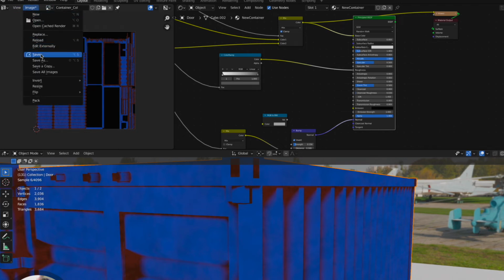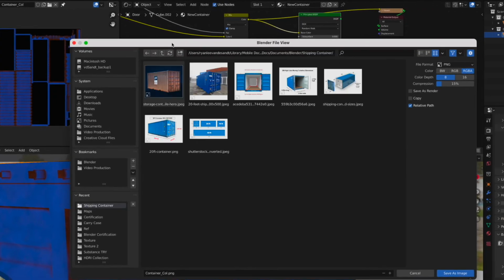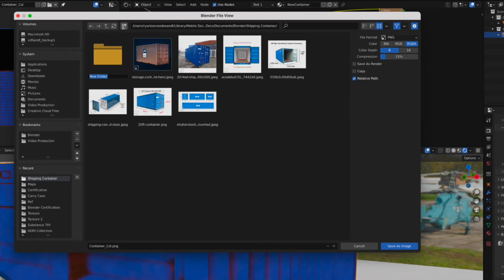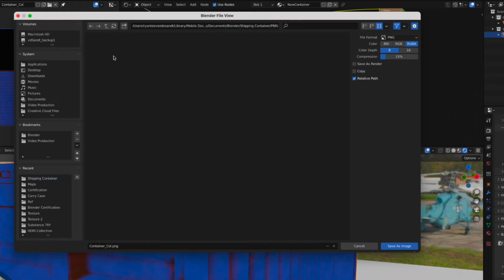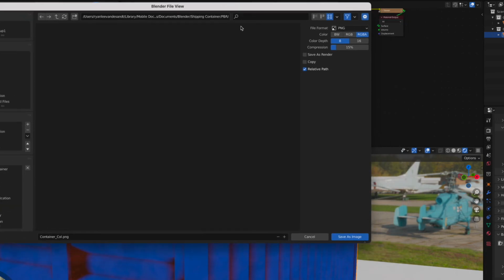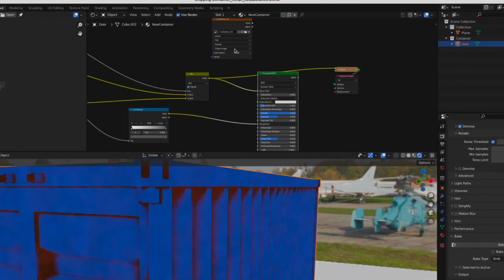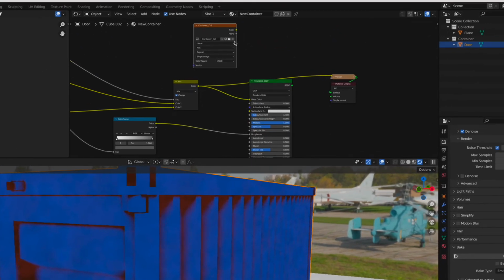So that's simple. Image, save as. And then of course you can create a new folder. Maybe you can call it your PBR layers, whatever you want to call it. And you can see the name that I placed when I first created the image is there. Awesome. And save it. Then I'm going to close this image, and this node that I placed here I'm going